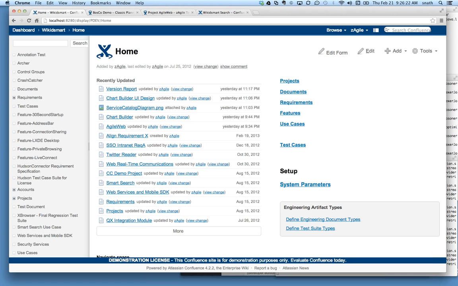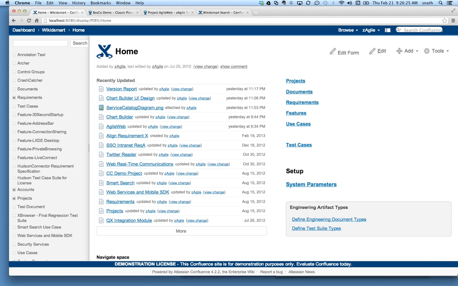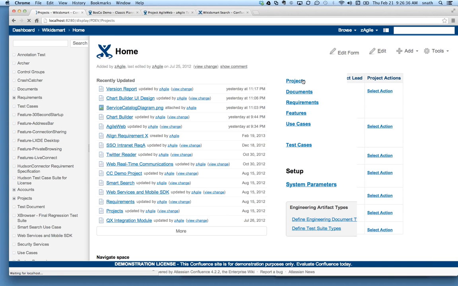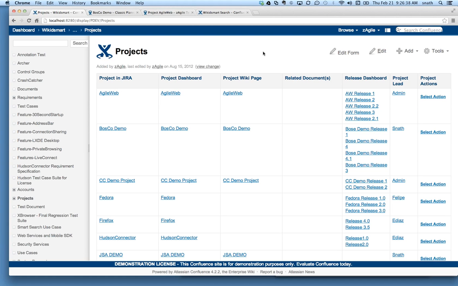In the demo we'll give you the top-down view. The first thing is at the project level. So this is the Confluence wiki, and we'll start with a project view. One of the manifestations of the integration that you will see is that projects and any associated relationships that projects have, like releases and components and all of that, are all captured from JIRA